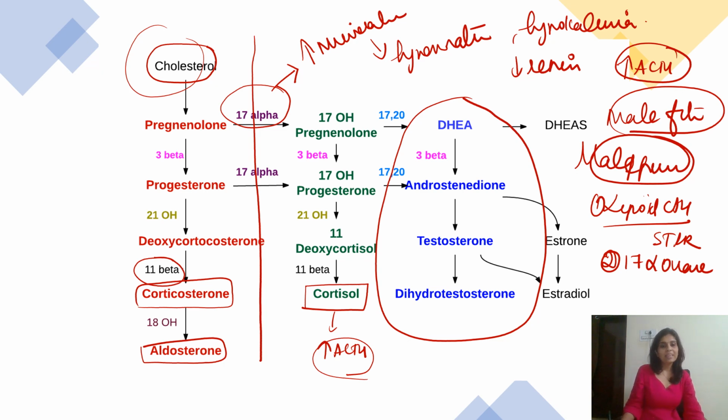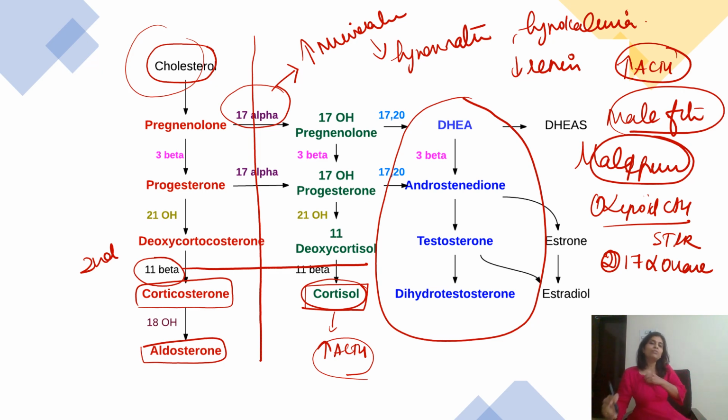Now, what if it's an 11-beta hydroxylase defect? This is the second common congenital adrenal hyperplasia. The most common one is 21-beta hydroxylase defect. The second common is 11-beta hydroxylase defect. So in 11-beta hydroxylase defect, again what is not formed? Cortisol is not formed. That is why I told you in all congenital adrenal hyperplasias, the one common element that is missing is cortisol. And that is why in all these conditions there is excess ACTH. That is why in all these conditions you find adrenal hyperplasia and hyperpigmentation.